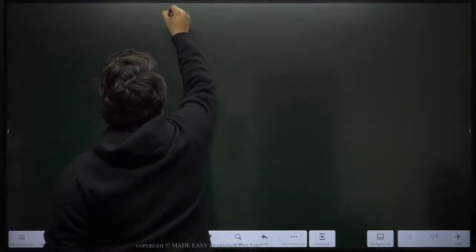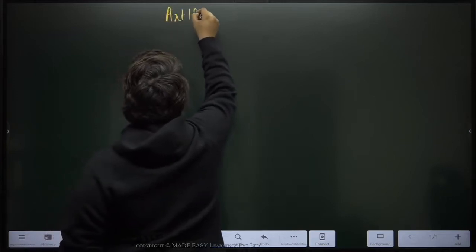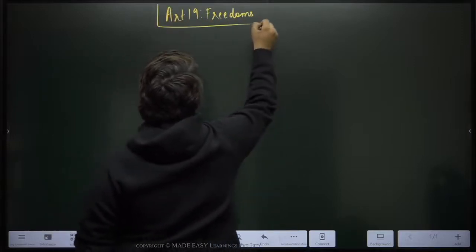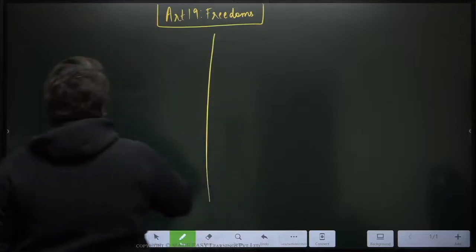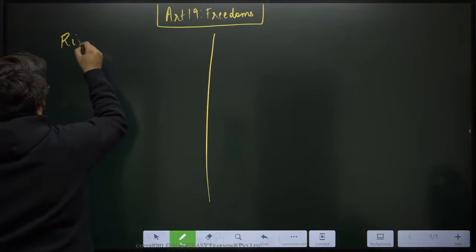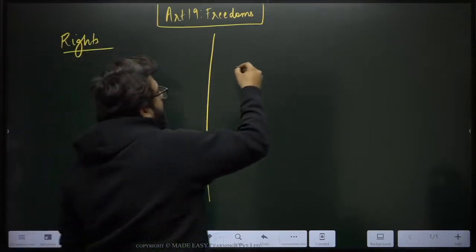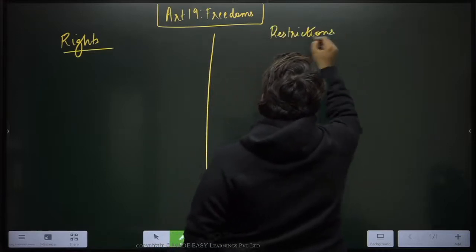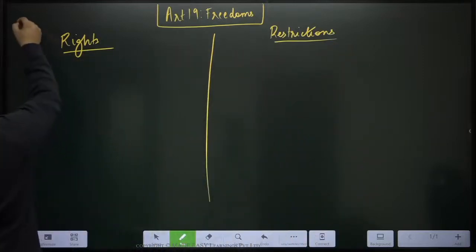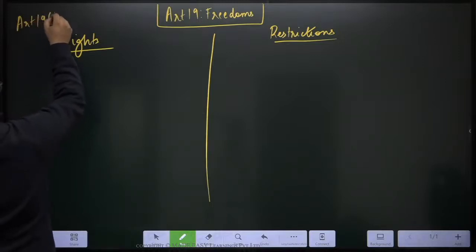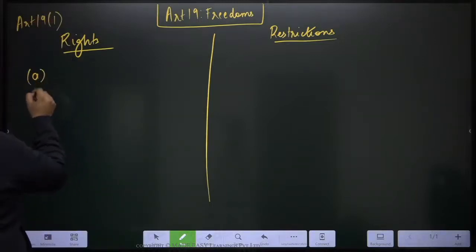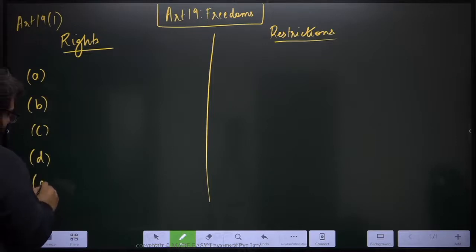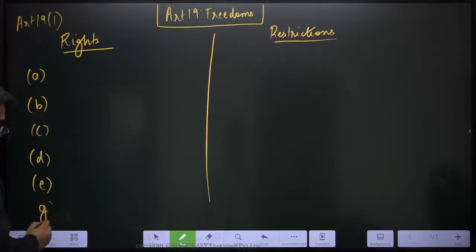so let's start from Article 19 and let's understand the broad freedoms. So on one column we will look at the freedoms or the rights available, and here we will look at the restrictions that have been identified within the Constitution itself. So we've got Article 19 Clause 1, and then we have Clause A, Subclause A, Subclause B, Subclause C, Subclause D, Subclause E, and F is not there, Subclause G,